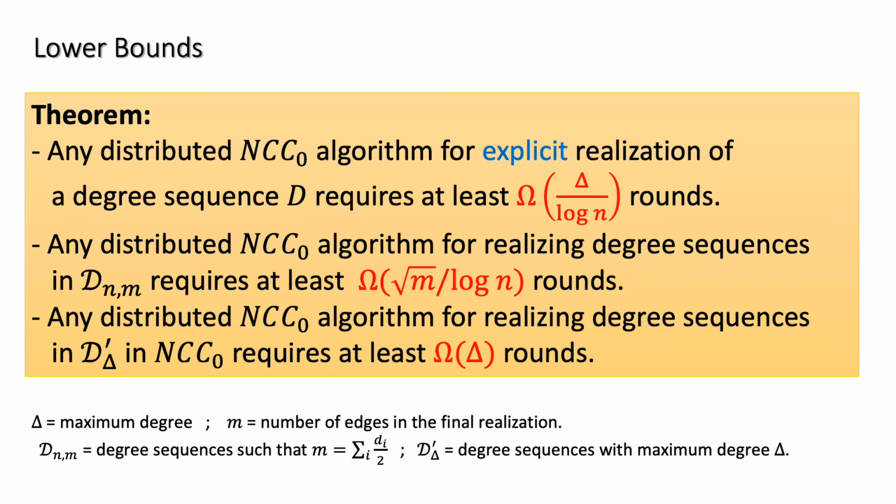In implicit realizations, any distributed NCC0 algorithm for realizing degree sequences of m edges requires at least omega of square root m over log n rounds. And finally, any distributed NCC0 algorithm for realizing degree sequences of maximum degree delta in NCC0 requires at least omega